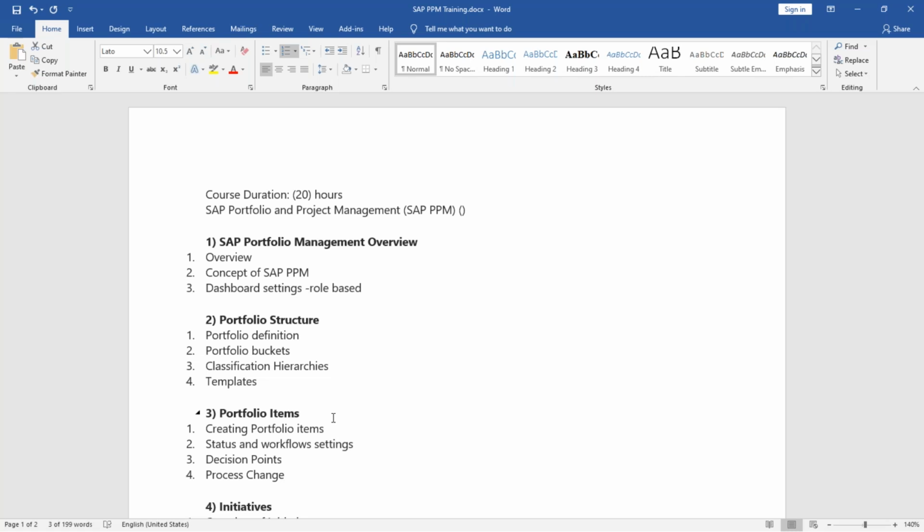We need at least 3 to 4 consultants for PPM. As you're saying that you're going ahead with deployment, I can guarantee you will need at least 3 to 4 people with PPM experience to go ahead with this. If you go for 1 or 2 members for deployment, and your client is going ahead with that, then it will be a huge effort that you need to put in